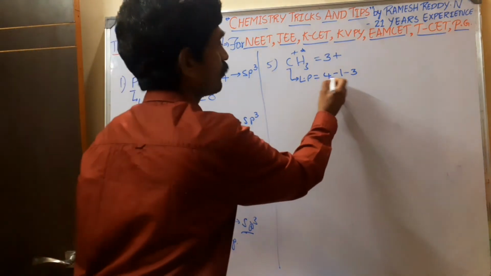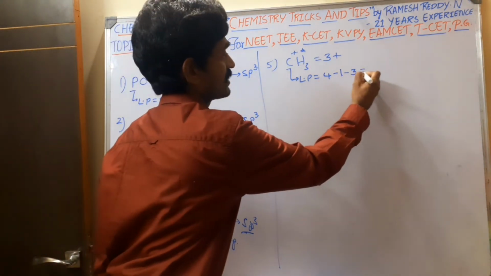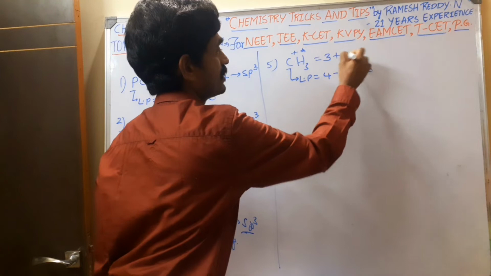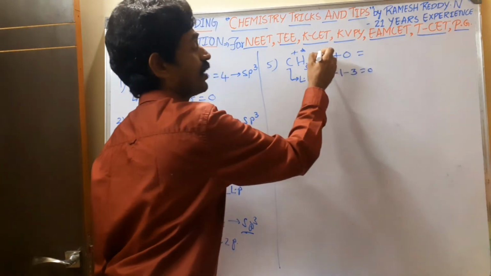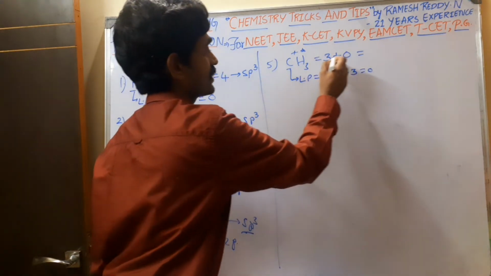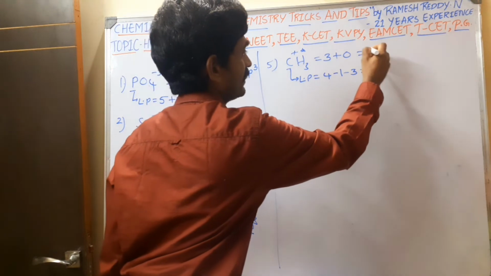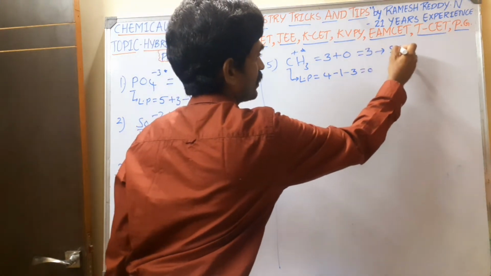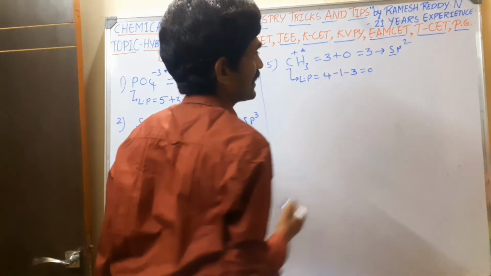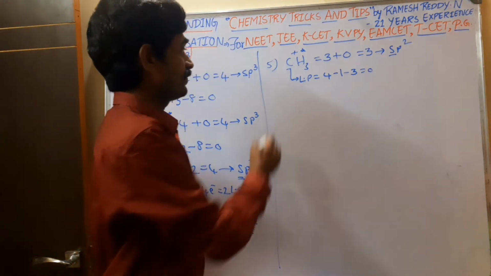So then 4 minus 1, 3 minus 3, that is 0. So that is 3 plus 0: 3 is bond pairs, 0 is lone pairs. So that's why the hybridization number is 3, so that the carbon undergoes sp2 hybridization. Next one,